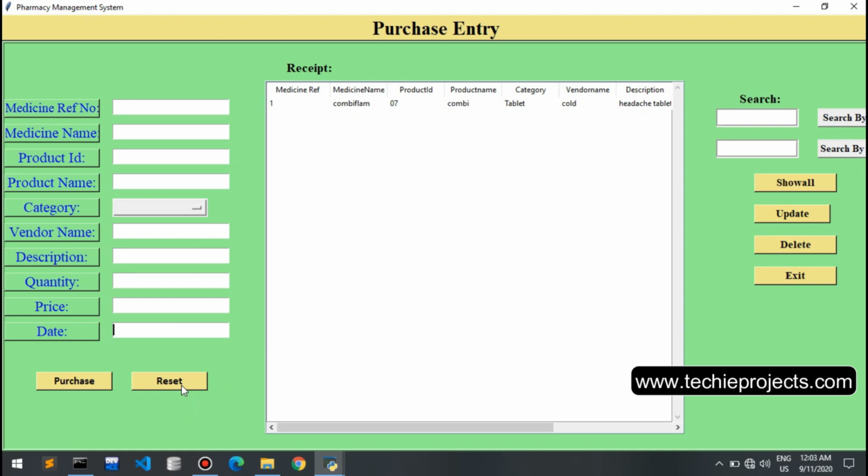So it will store that particular data, and if you click on the reset button, then it will reset all the values which you have entered. So let's again enter one more detail,